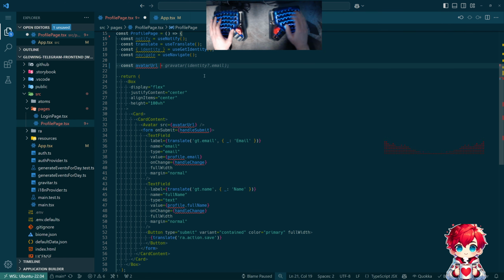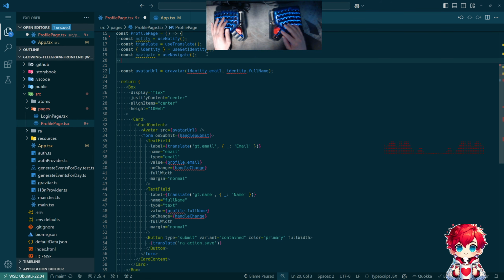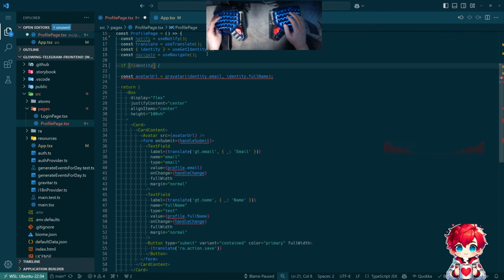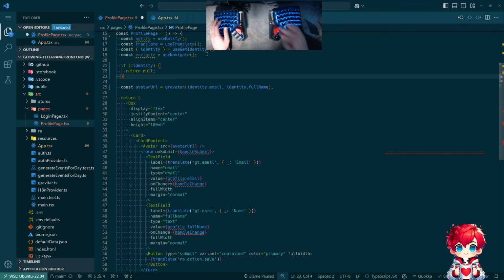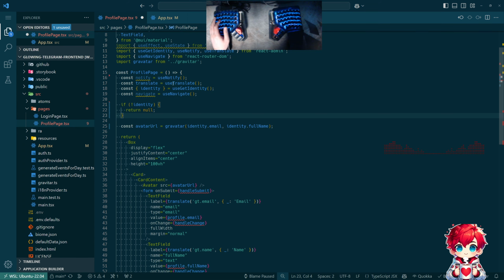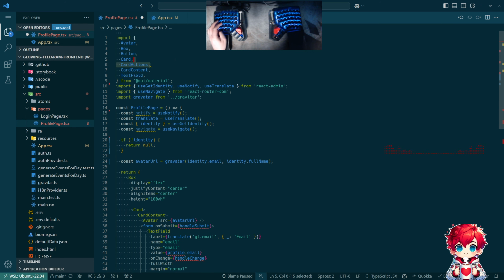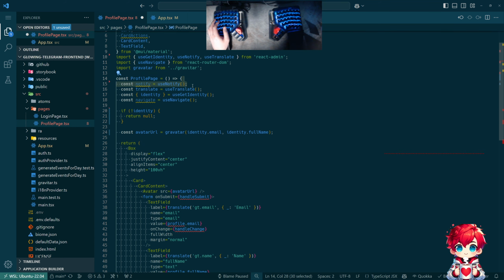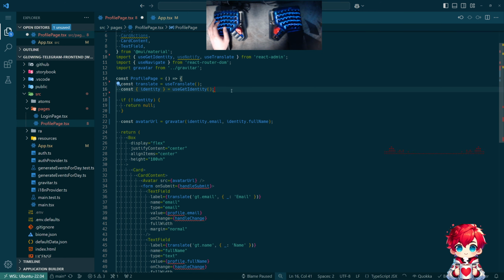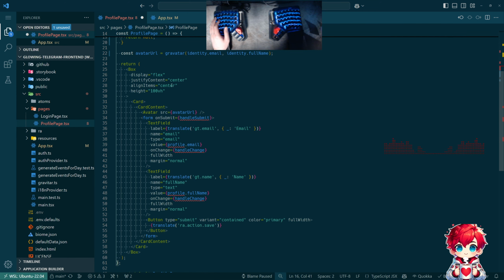Const avatar URL equals. Actually, I kind of like this. If there's no identity, we're just going to return null, like that. We'll just not render the component, which is fine because this shouldn't be renderable anyway. I might want card actions for later. Let's go ahead and get rid of that stuff. And then for this, get rid of the button. And we're going to